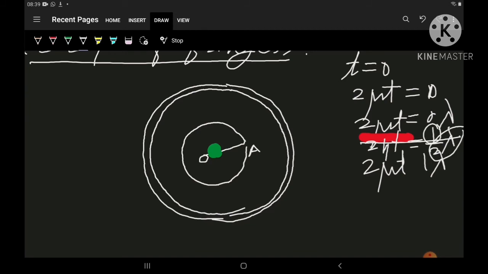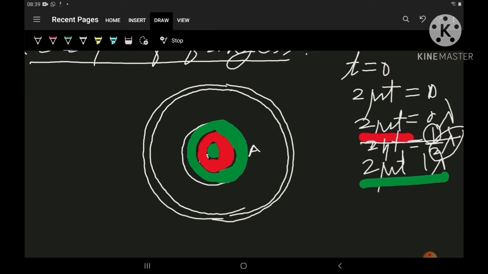So obviously as we increase the thickness from the point of contact, now the condition of bright fringe will be satisfied. So here at this point we will get a bright spot, and if we draw a circle by taking this point on the circumference, we will get a bright circle. Again on increasing the thickness, the value will become 2 mu t equals 1 lambda. Then here we will get a dark spot, and the circumference will give a dark circle.